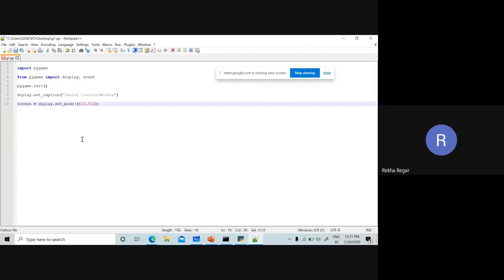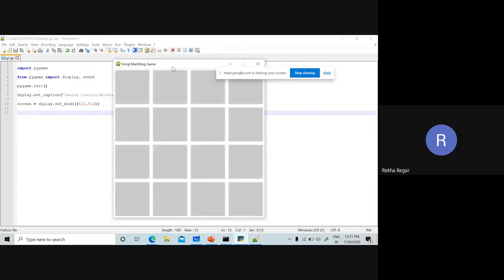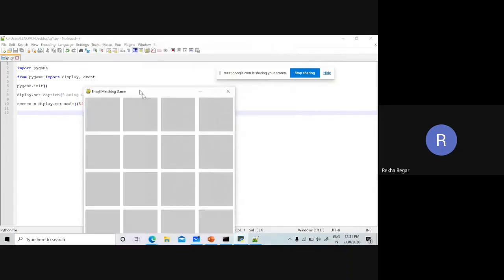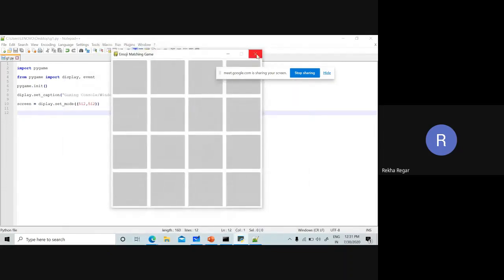After this, we have to take another variable. That variable is going to say how long our screen is going to be running. You can see my screen is running now. It is going to be closed only when I close it. So I need a screen that must be running in the entire scenario, and close only when I close it.